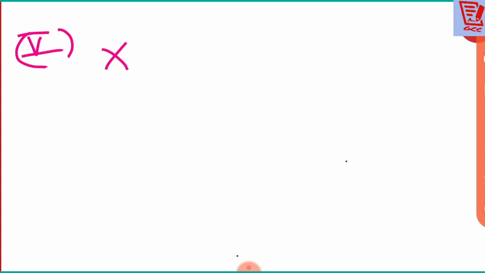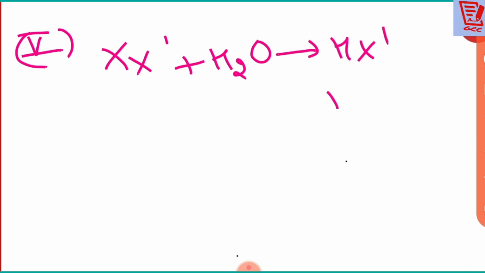Okay. Then after that, students, we have a next point. The next point is about their hydrolysis, number 5. About hydrolysis, they are saying all the interhalogen compounds usually undergo hydrolysis. Now you see, suppose I am writing an XX' molecule plus H2O, and what will they make? HX' plus HOX.